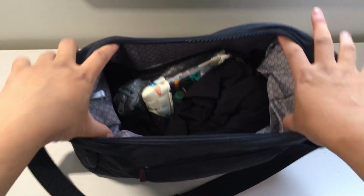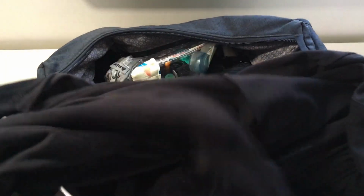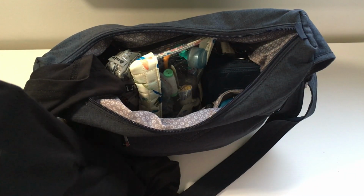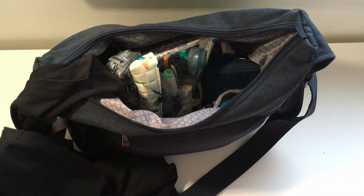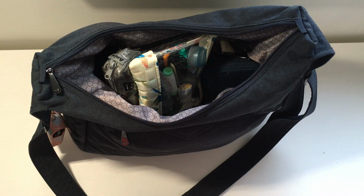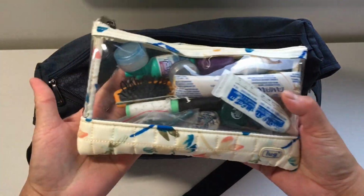All right, so what I have in here, I have a thin sweater that I carry almost everywhere I go. It's like late spring, like summer here, really hot. But sometimes I go places where they really crank the air conditioning. So I always like to have this with me. It's a really thin, long sleeve sweater. Goes with me everywhere I go. I have a large